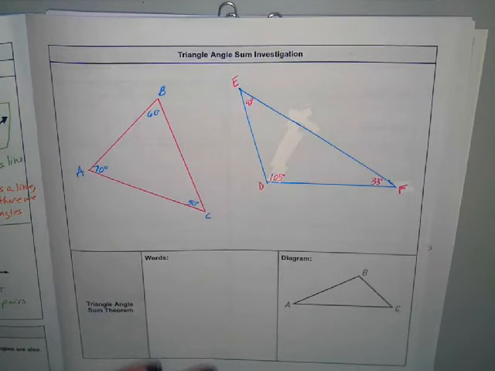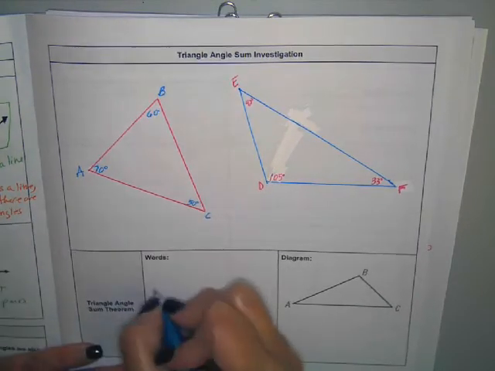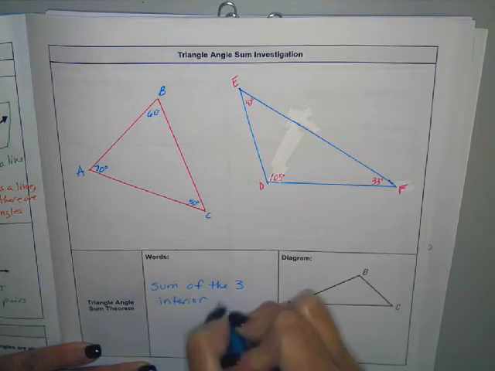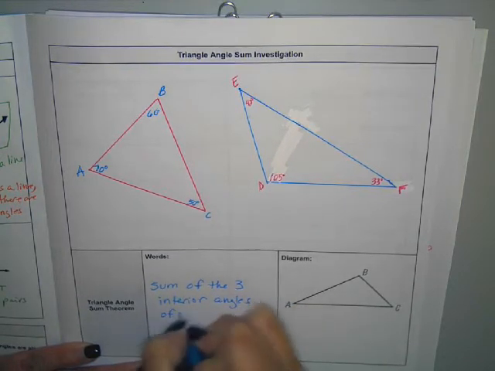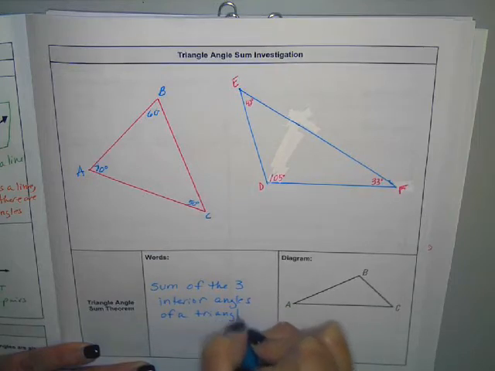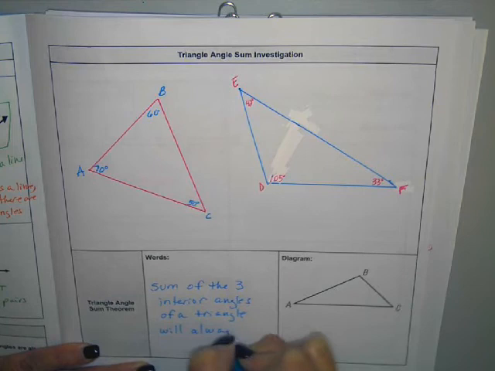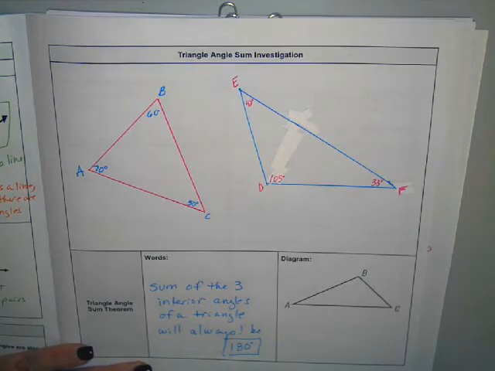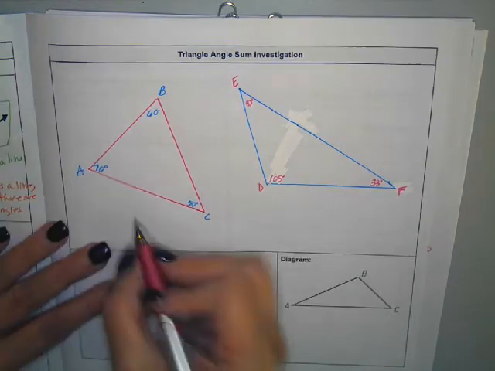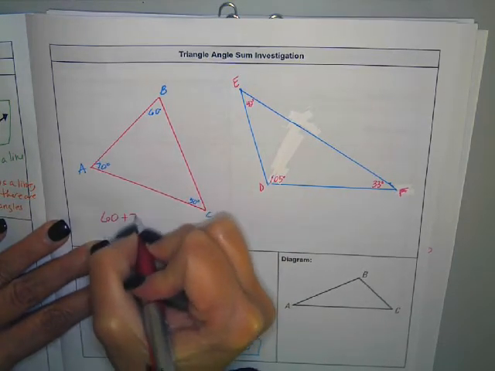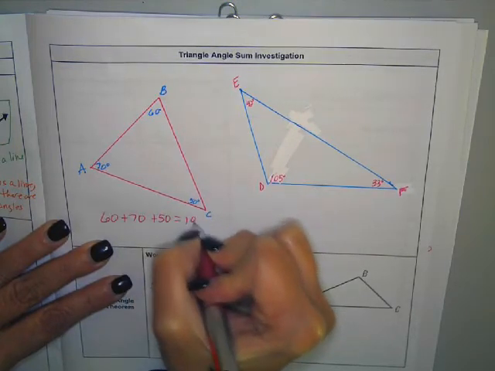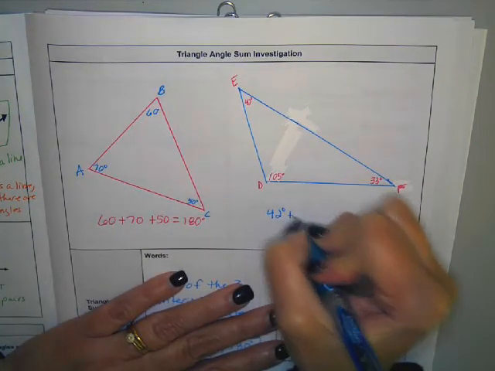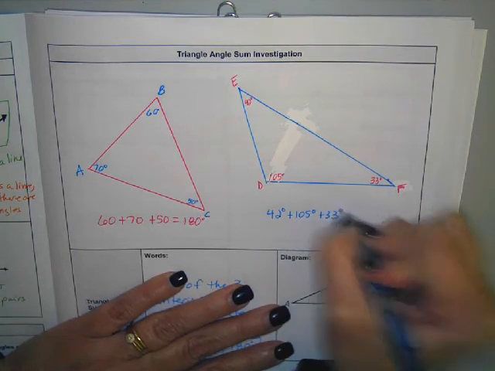The triangle sum theorem states that the sum of the 3 interior angles of a triangle will always be 180 degrees. Always. And so in the triangle sum investigation, you would have gone through this process that 60 plus 70 plus 50 equals 180 degrees. And then for the second triangle, 42 degrees plus 105 degrees plus 33 degrees also equals